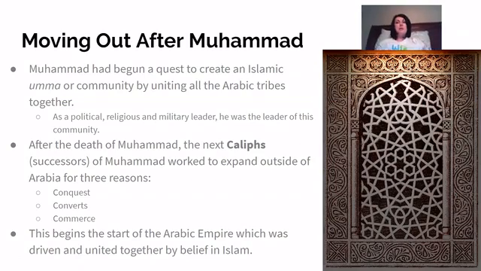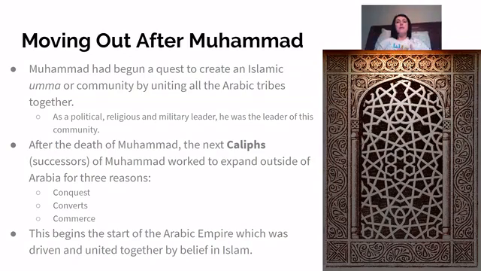So now we're going to start to look at what happens when Islam moves out, with Arabic people expanding it and taking it with them through trade or through conquest. We're going to look at what happens when other groups adopt Islam, for example the Turks and in Persia. No matter how they come to embrace it, they're going to see a mix of those areas with the beliefs of Islam included.